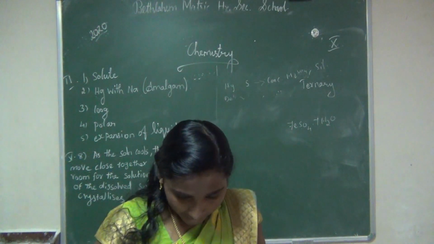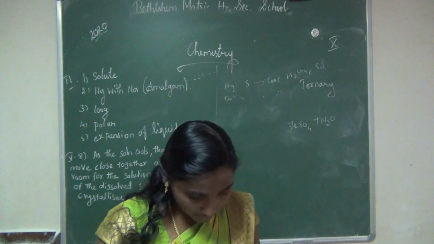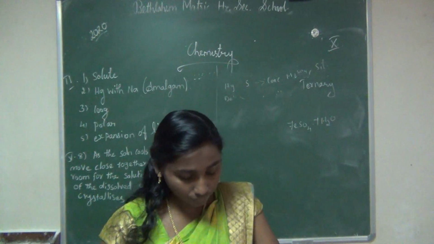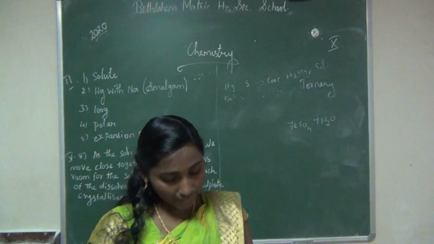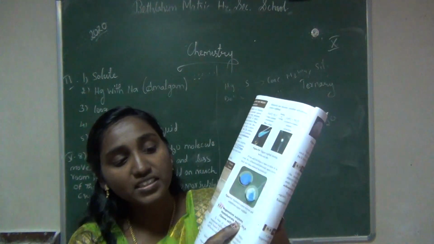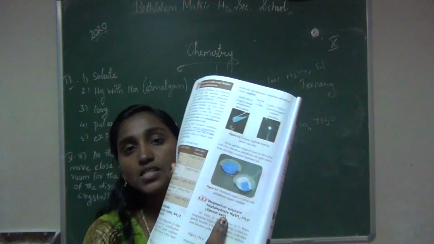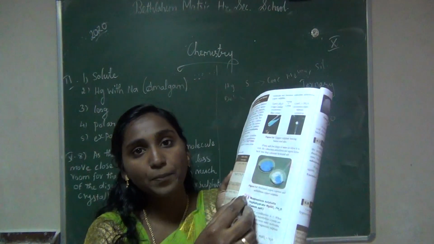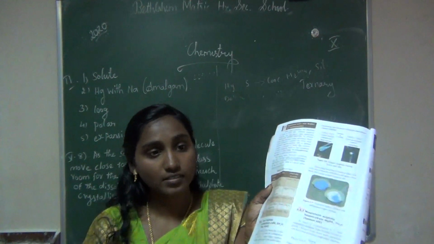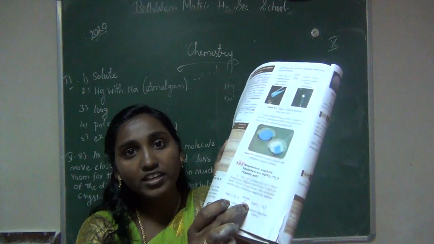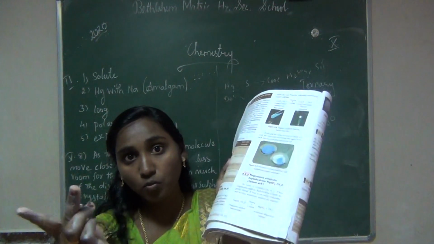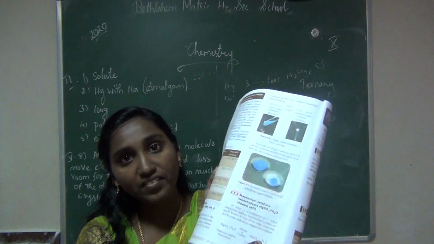The answer is given on page number 130. See the heading 9.6.2. Under this heading, magnesium sulfate heptahydrate, MgSO4, start from the first paragraph. Its order of crystallization is 7. Then you must write the equation. Should not omit the equation. The equation is for 2 marks. So write the equation.